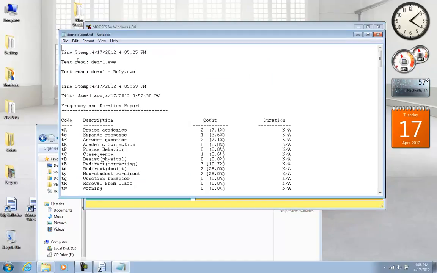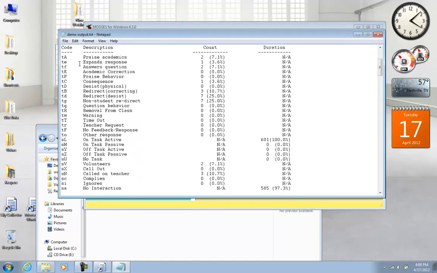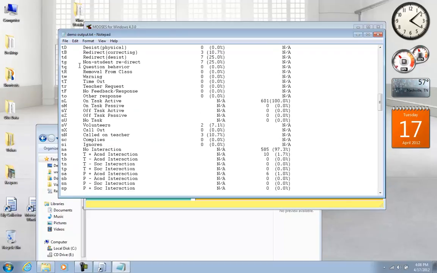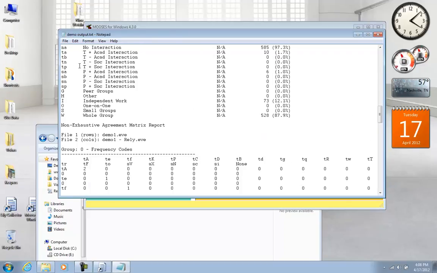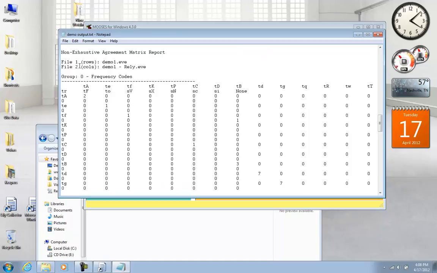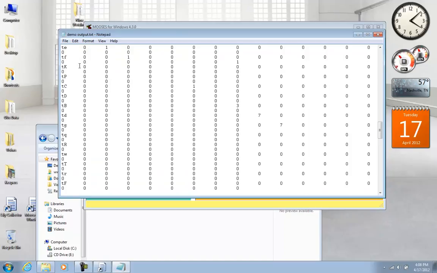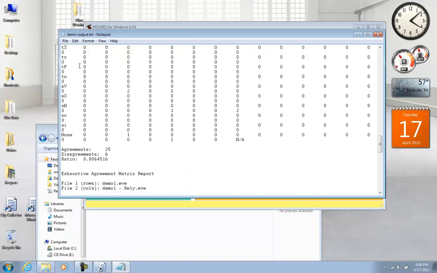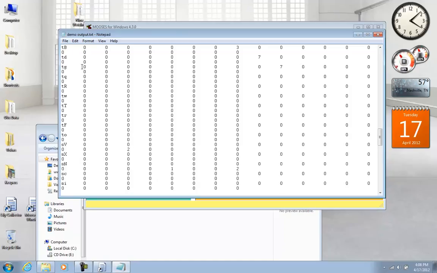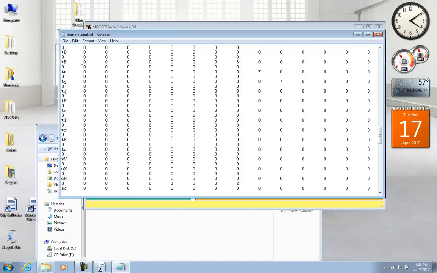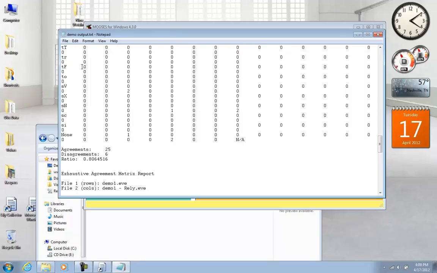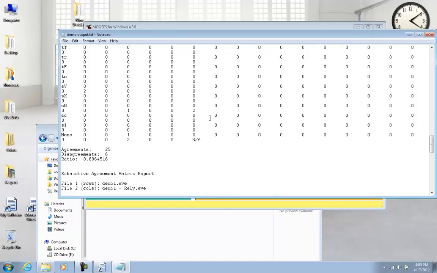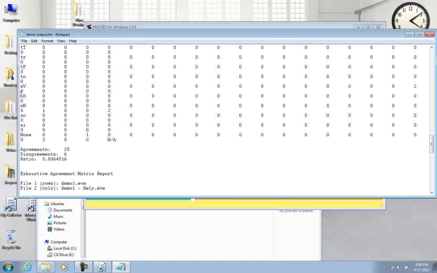And again, I still have the test read on top, frequencies and durations for both files. And if I checked pooled, I'd get pooled. This is my big, huge agreement matrix for all my frequency codes. And that's almost so hard you can't read it. Let's see. I can get it to